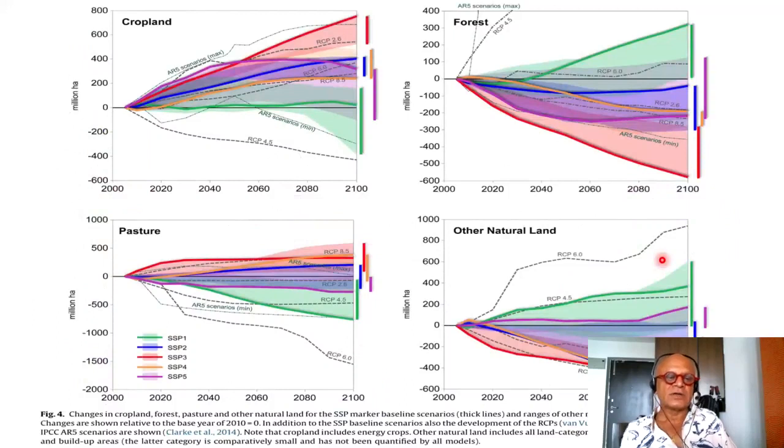Okay, croplands, another key feature, especially since reliance on bioenergy is very high in some of these scenarios to meet the most sustainable of the pathways. So we are looking at millions of hectares of cropland, where the AR5 scenarios were in terms of their maximum and minimum, where the various RCPs and where the SSPs fit into that as well. So this is divided into pasture, so scales are different, be careful.